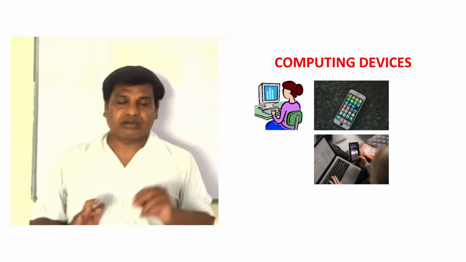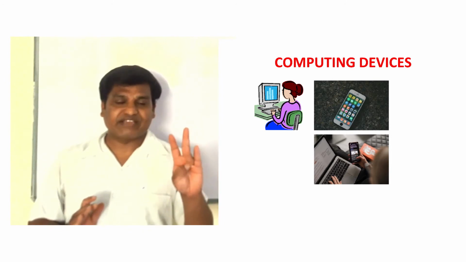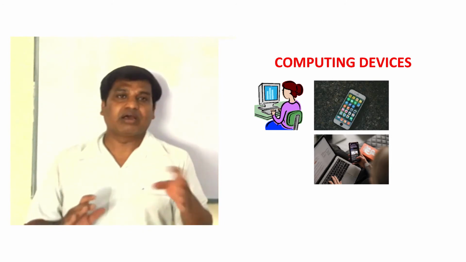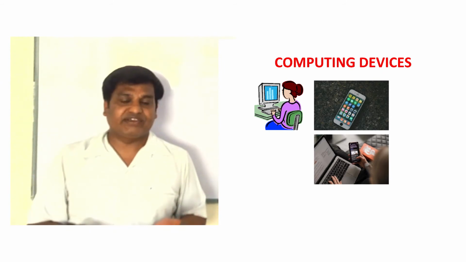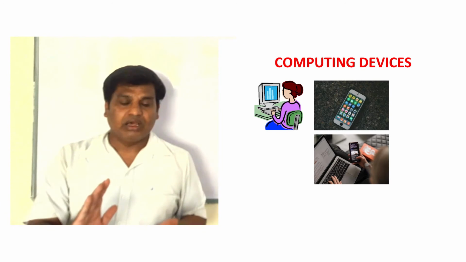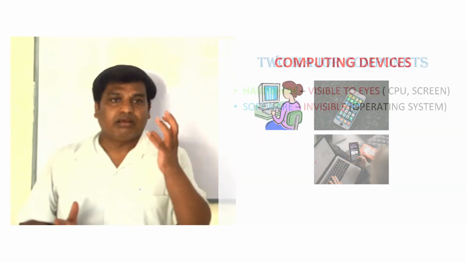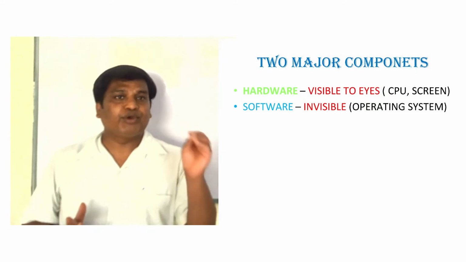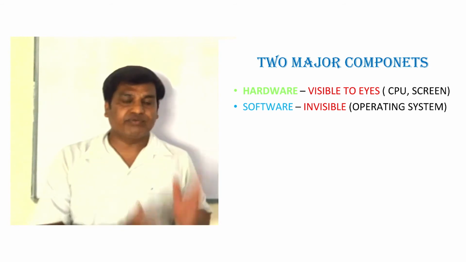And I did not talk about memory devices. Primary memory and secondary memory devices are also part of this, and the board which houses all these devices is called the motherboard. All these components together are called computer hardware or computing system hardware devices. This is point number one.